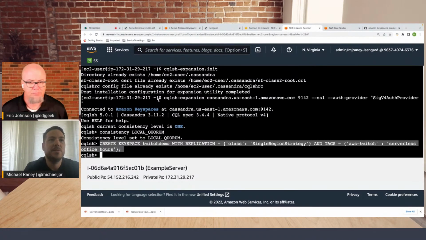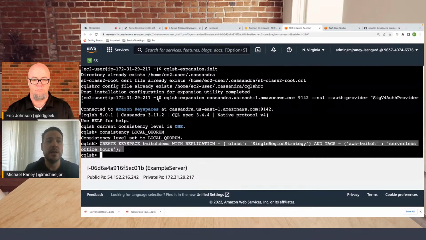So yeah, absolutely. What I'm going to do first is create a keyspace, and you can think of a keyspace as a collection of tables. So in Dynamo, the basic unit of abstraction is a table, and very similar in Keyspaces, the basic unit of abstraction is a table as well. You're dealing with these tables. There are no joins between tables, etc. But with